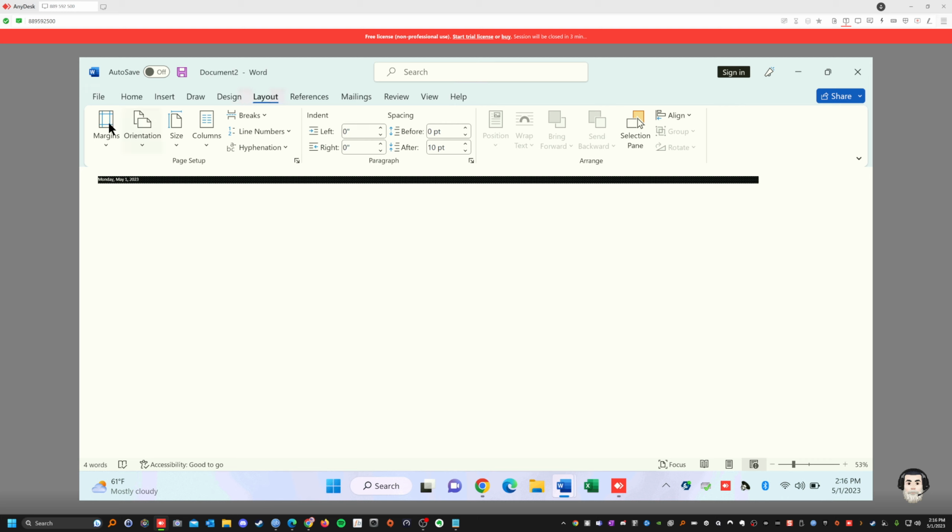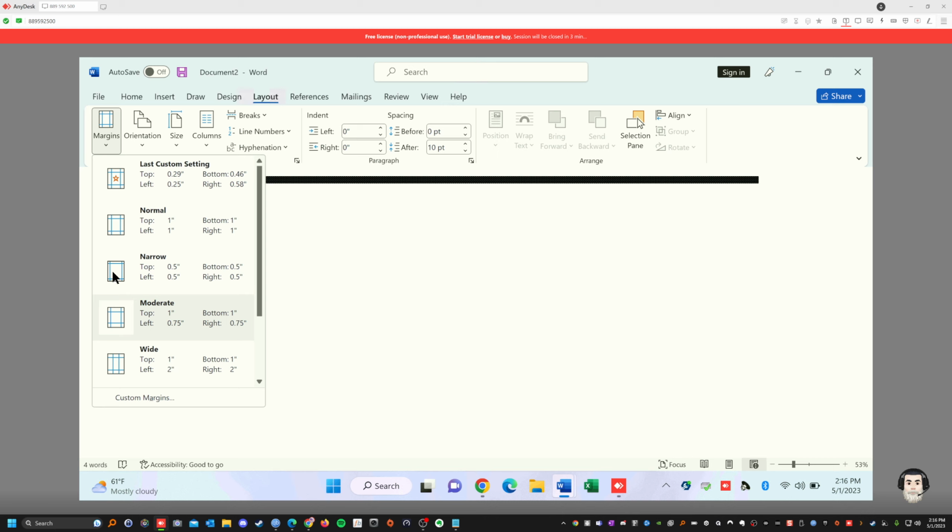So layout. So margins. Margins is just the inside is the margin. The edges is the margin, the size of the margin. And this is like 0.5, that's 1 inch. That's the 1 on the top, and then 0.75 on the sides. And this is 1 on the top and 2 on the sides, thick margin.